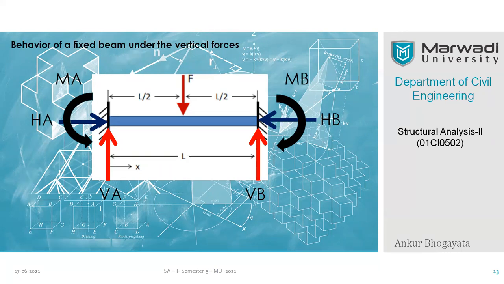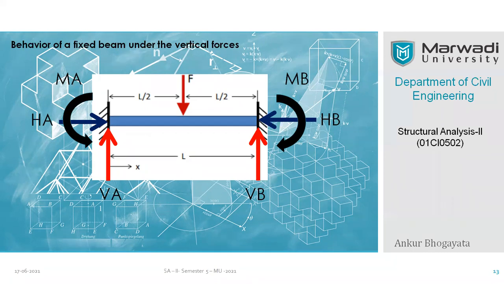Don't think much about it, because we are going to deal with point loads and UDL on the fixed beam only. However, their positions and compositions will be changing for a complexity of the numerical. But primarily, the next task is, if I want to calculate these reaction values, how should I proceed?